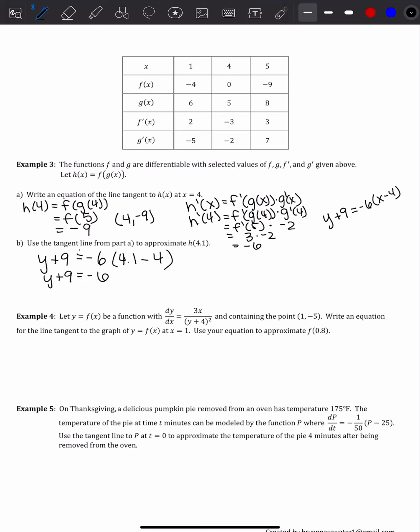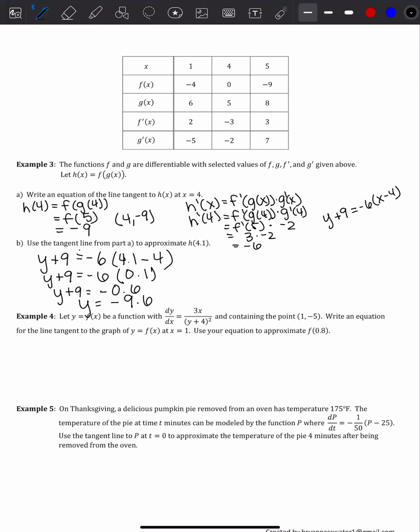We have 4.1 minus 4, so we're looking at 0.1. -6 times 0.1 is -0.6. And if I subtract 9 from both sides, we get y is equal to